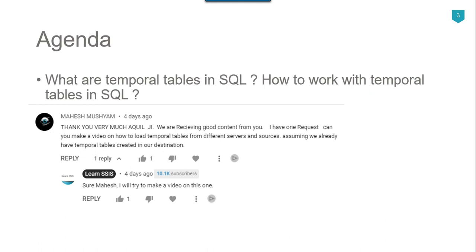So if a single record is updated 10 times in the temporal table, then there will be 10 historical records in the history table, along with the valid from and valid to columns, which tell us for how much time a record was present in the temporal table. Valid from and valid to columns are also called period columns, and the datetime2 data type is required for these columns. So let's jump to the demo and see how to create temporal tables and how to work with them.